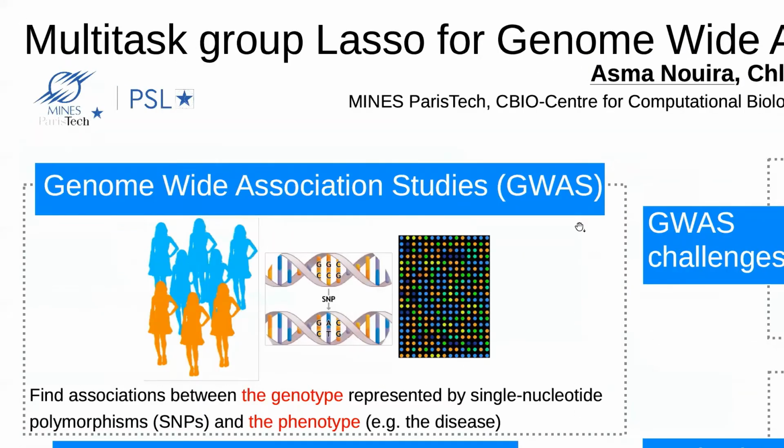So let's start first by presenting GWAS. Our goal is to find association between the genotype given by single nucleotide polymorphisms, SNPs, and a studied phenotype. In case control design, we focus on comparing the frequencies between a group of healthy people and another group with a specific disease. When these frequencies are different between cases and controls, the corresponding SNPs are therefore associated with the disease.